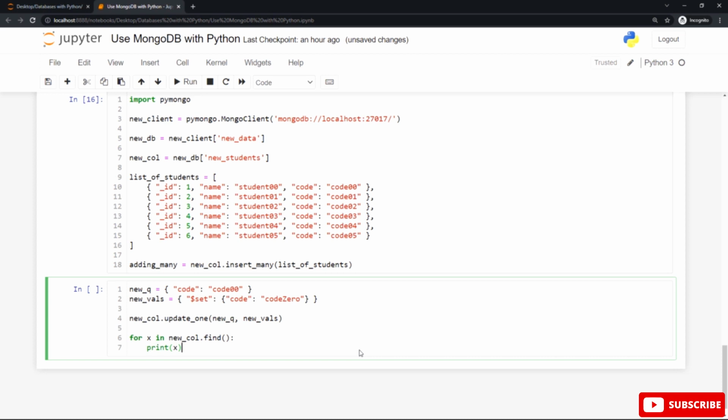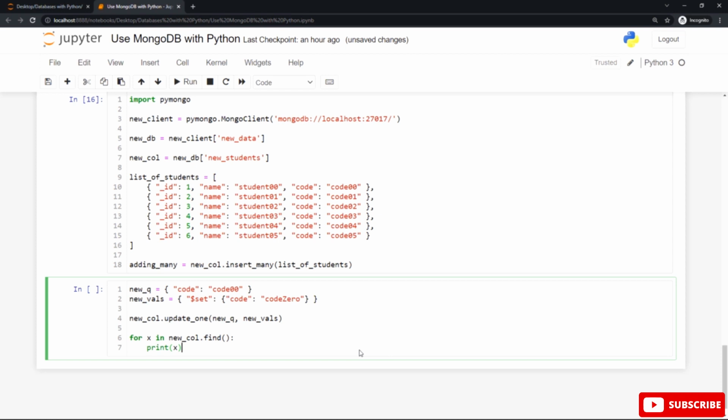After that, the for loop iterates over the collection documents to display all the documents one by one after this update for the first occurrence. If two documents match this condition or query, only the first one will be updated, the first occurrence only. Now let's run the program to see the changes.